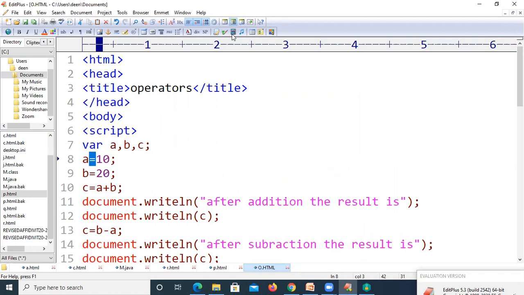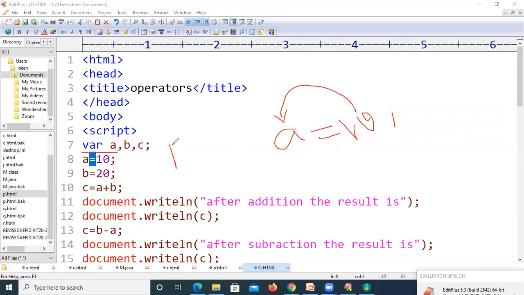If we write A equal to 10, the value 10 will be stored inside the variable A. When we define variable A, some amount of space will be created, and the name of the space is A. When we write A equal to 10, the value 10 will be stored at the memory A. So this is called assignment. We are assigning some value to the variable, to the memory. That is called the assignment operator. The example of an assignment operator in any programming language is equal to.